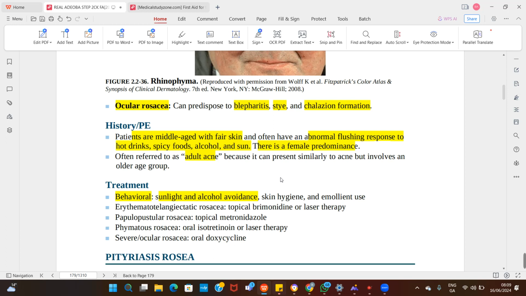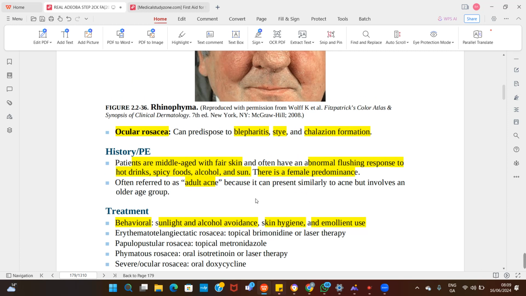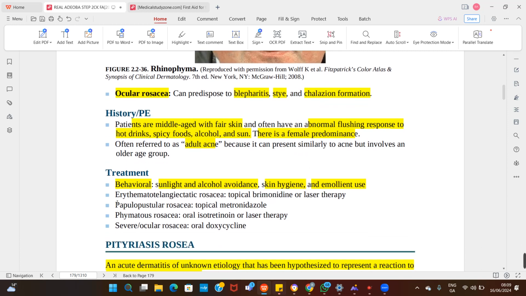Alcohol avoidance, pick it. Minimize spicy foods, minimize taking hot drinks. Those are the triggers. Keep your skin healthy. Emollient use, you know, just keep it soft and supple. But the specific ones, which you are going to see in the questions there,